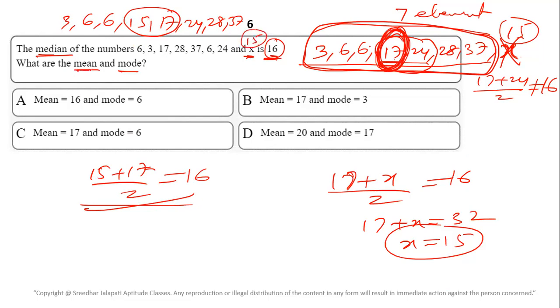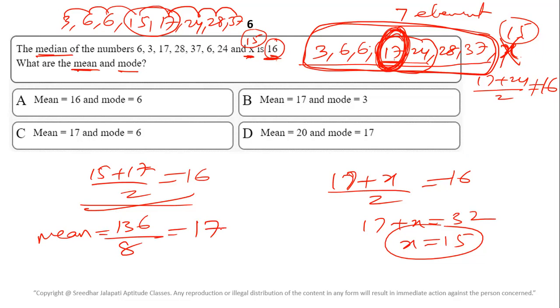Now you are asked to find mean as well as mode. So how do you find mean? Mean is the sum of the objects by the number of objects. What is the sum of the objects? 9 plus 6, 15, plus 15, 30, 47, 51, 71, 79, 99, and then 136. By total, how many? These are 8 elements, right? So 136 divided by 8 is 17.